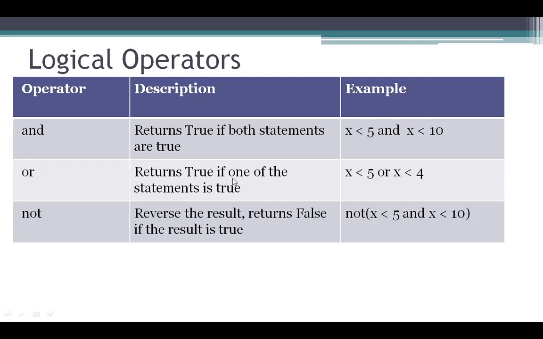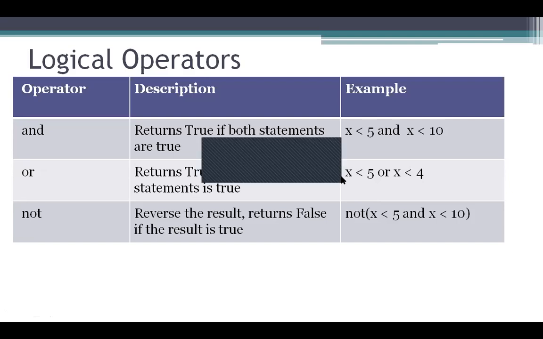Or returns true if one of the statements is true. If X is less than Y, or if X is less than 4, if any one of the results is true, the result is true. And not reverses the result. If, for example, in the previous example the result is true, it reverses the result. It means it becomes false. So let's see the